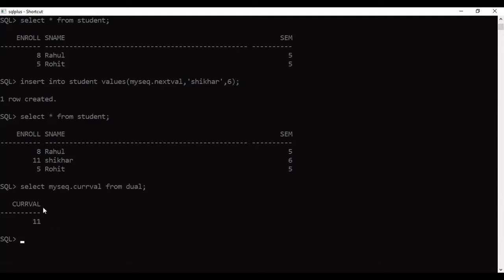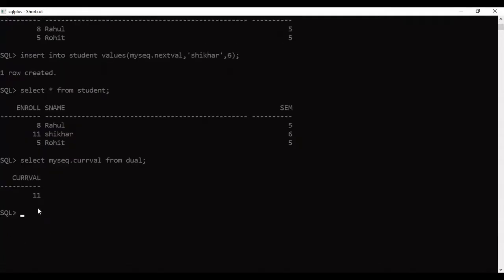It will return the current value of my sequence, that is 11. Whatever number was last generated in my sequence will be available here. Now, what is my next number? To get that, I have to write select my sequence dot next val from dual. It will return the next number.